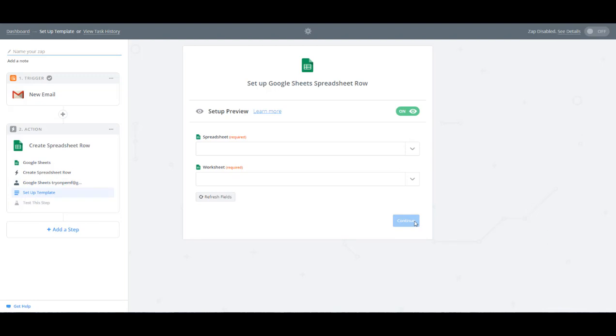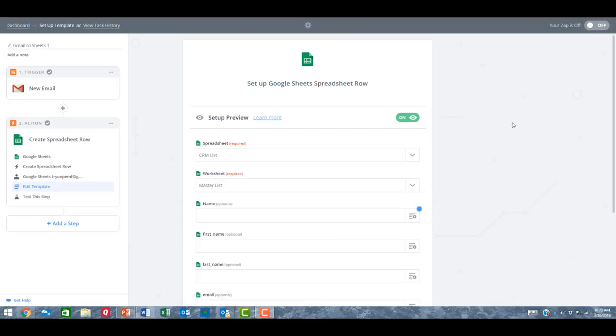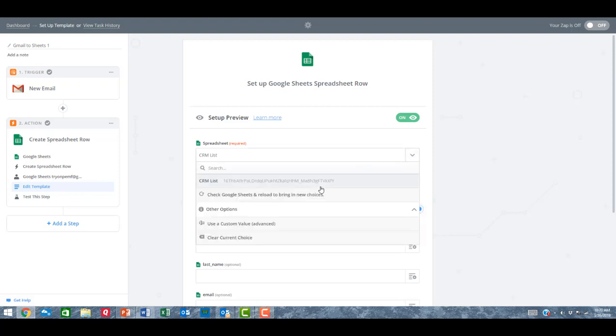Alright, so now we have it set up so that Google Sheets will be updated with a spreadsheet row. Alright, here we are on the step where Zapier is going to pick which spreadsheet we're going to work from. Now, the spreadsheet that we're going to look for is the CRM spreadsheet, and you just drop down this menu, and it's going and looking for, in your spreadsheets, all the different spreadsheets that are there. Ours is CRM, and we're picking that